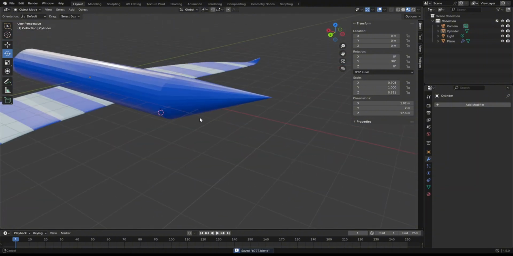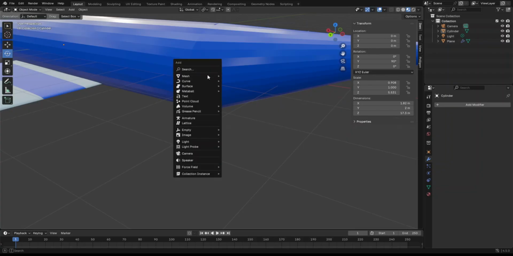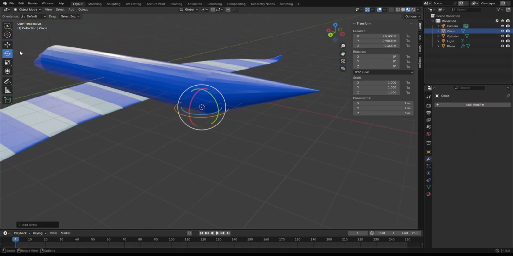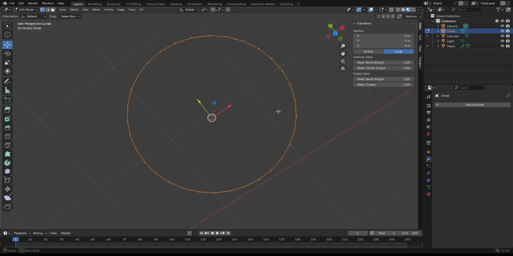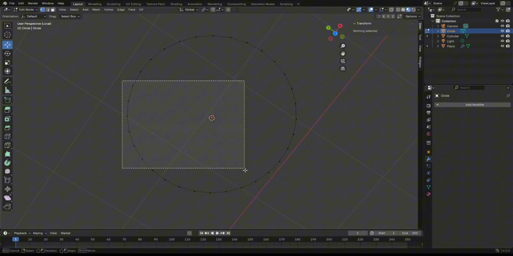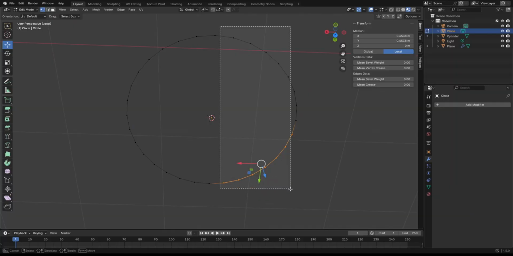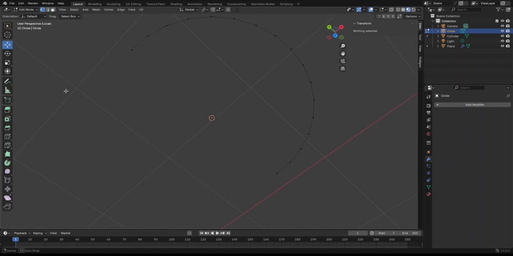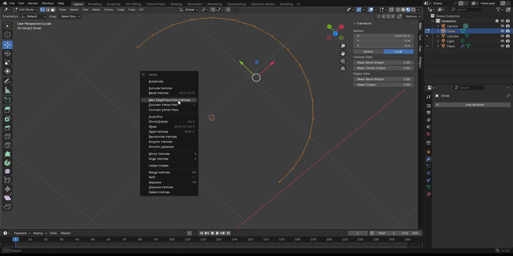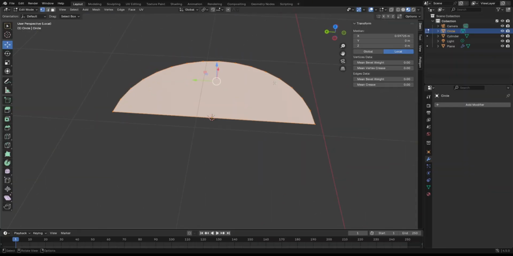And so now we are going to build the tail fins. So we're gonna take another plane. Actually, no, not a plane. We're gonna take a circle. Now we're gonna quickly slash it, edit mode. Now we're gonna be taking all these vertices and delete the vertices. Now we're gonna select all vertices and make a new edge slash face from vertices. Now that we have that, we're gonna exit isolation mode,